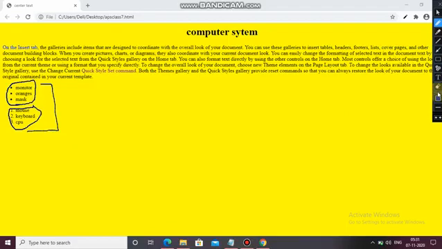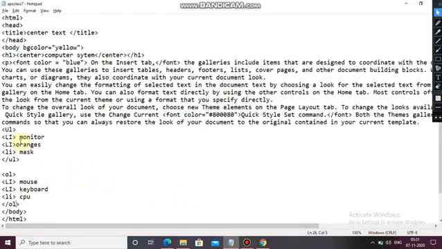Now instead of this, can we change the type also? So just see here, ul type equals to double inverted commas, write square.